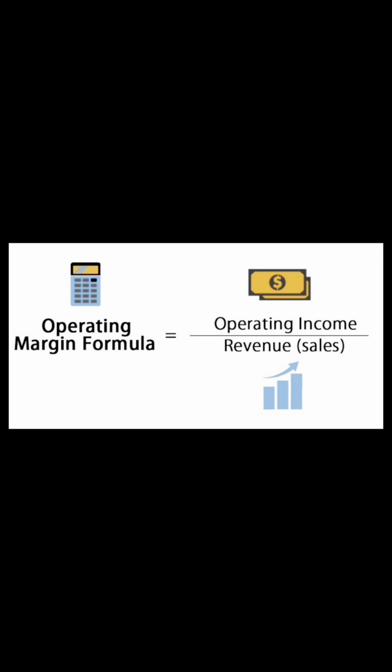The operating margin is a financial metric that measures the proportion of a company's revenue that remains after paying for variable costs of production. It provides information on how well the company controls expenses for a better use of money. The formula is operating income divided by revenue, multiplied by 100. The higher the operating margin, the more profitable and effective